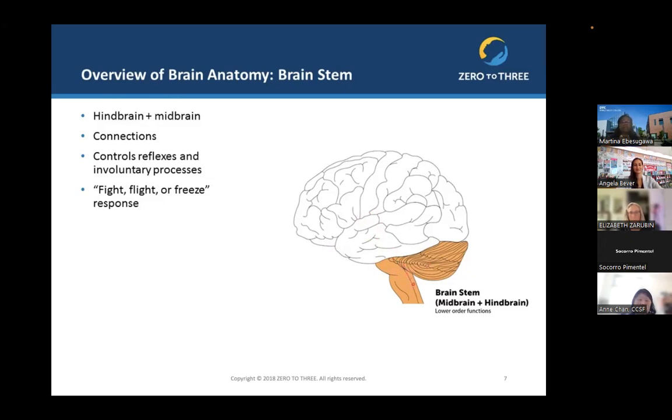And so when you see a child throwing things in a classroom or acting up, sometimes it's because of toxic stress and trauma. It's because they're accessing this lower portion of their brain. They're accessing the mid and hindbrain portions of their brain, which has to do with their heart rate and their breathing. And one of the things that happens is that the children are so anxious, and because of the cortisol levels that have gone through their brain, so upset, that they have a difficult time accessing the frontal cortex, which has to do with planning and thinking.